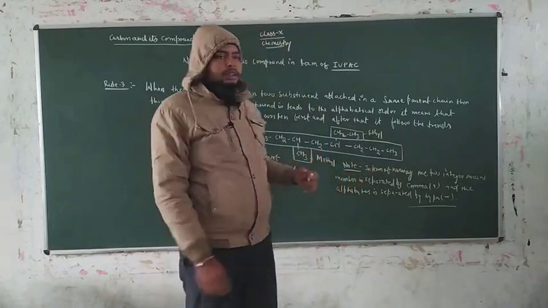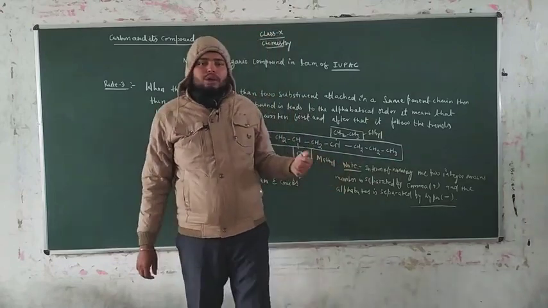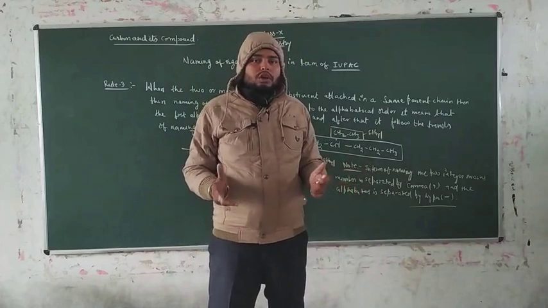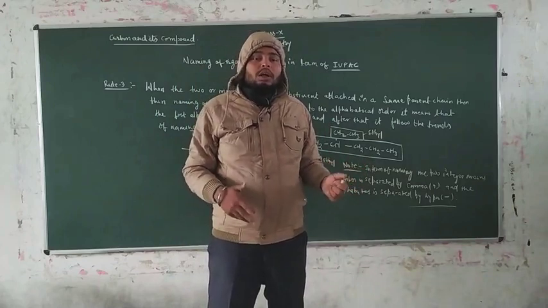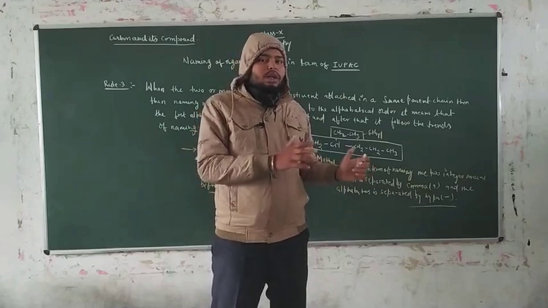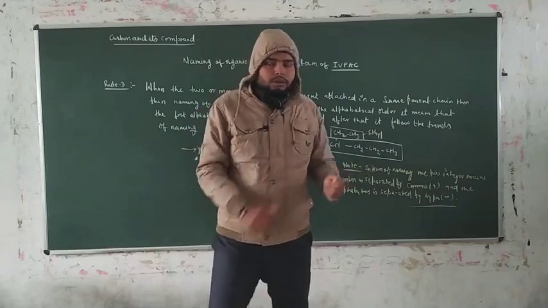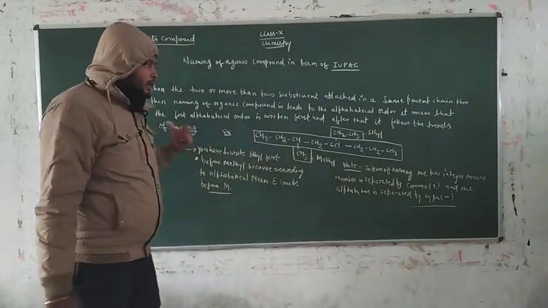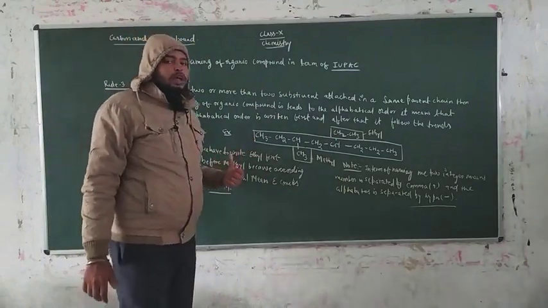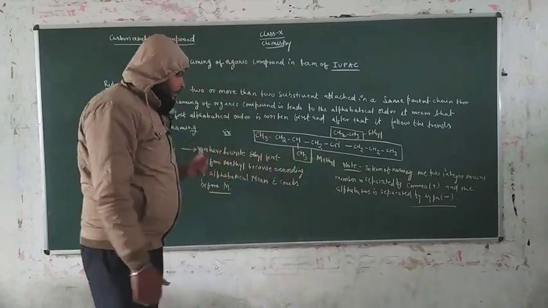Now we have to practice some questions on naming, because in the previous section of the video we already discussed selecting the parent chain and the application of the lowest locant rule on the parent chain. Now we have to discuss the naming and practice questions on the naming of organic compounds. So guys, take a screenshot of it. That's all, and revise every rule, because all the rules are applicable on organic compounds for the name.